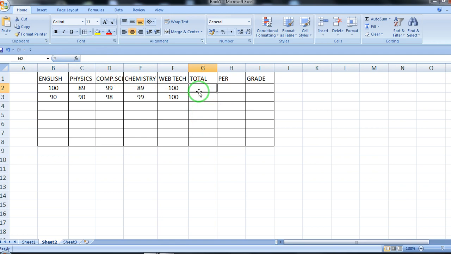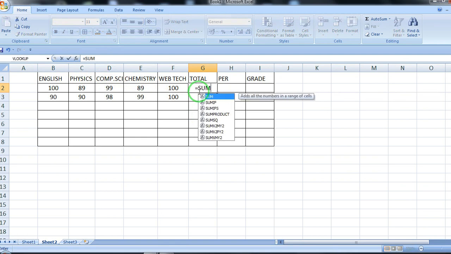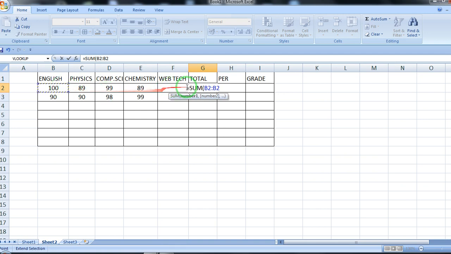If you want to use the formula yourself, you can write equal to SUM and then the first cell address and the last cell address. This is F2. So it will take out the sum of values from B2 to F2. Same thing, you can just click on the fill handle and drag it down.